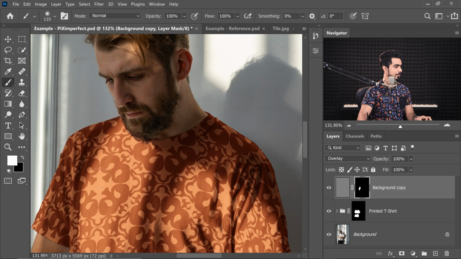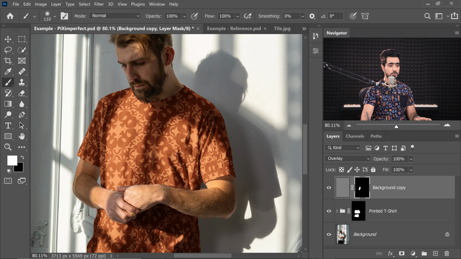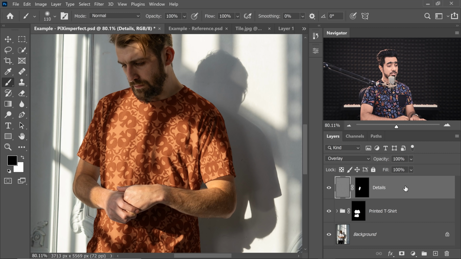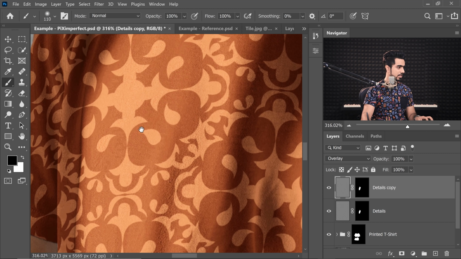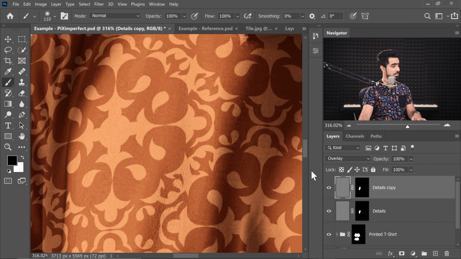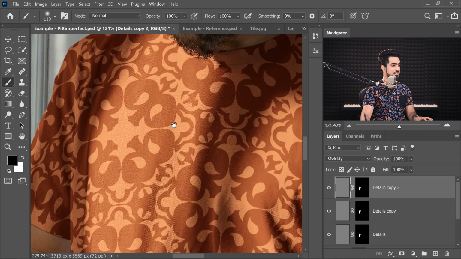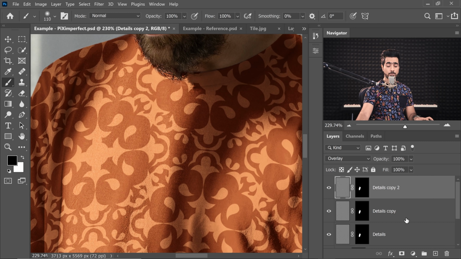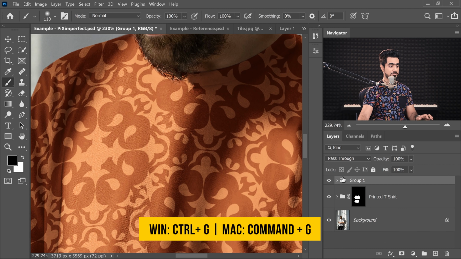This looks all right. Now, to enhance the details even more, just duplicate it. So with the background copy, or let's just name it details, press Ctrl or Command J. Do we have enough details? Not much. Press Ctrl or Command J again. Now we have a ton of details in that area. Now you can group all of those. So select the first one, hold the Shift key, select the last one, press Ctrl or Command G, and let's